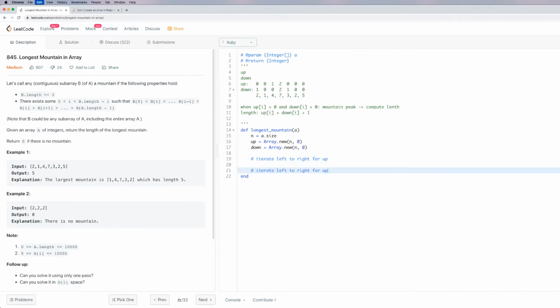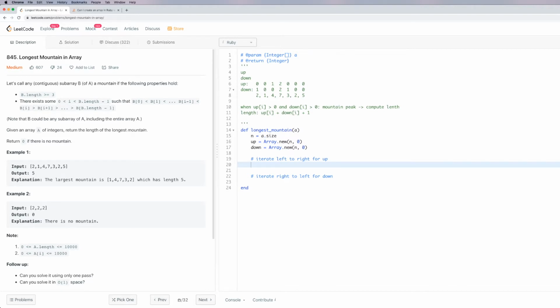And then we need to iterate right to left for down. And from there, we will process the result. So we'll do 3 passes, right? And so to iterate from left to right for up,